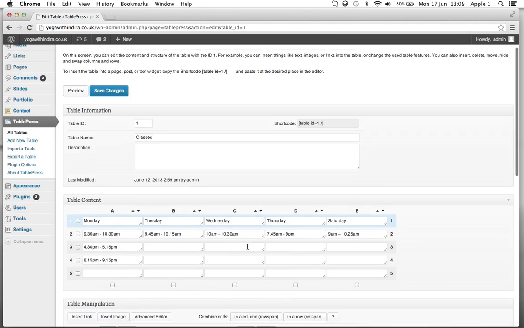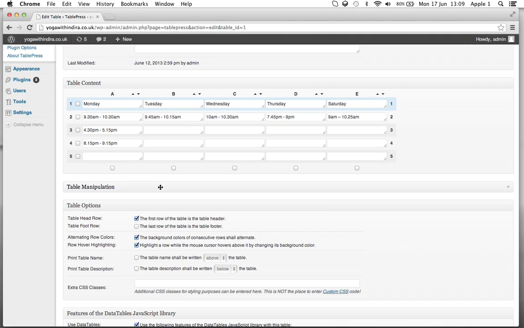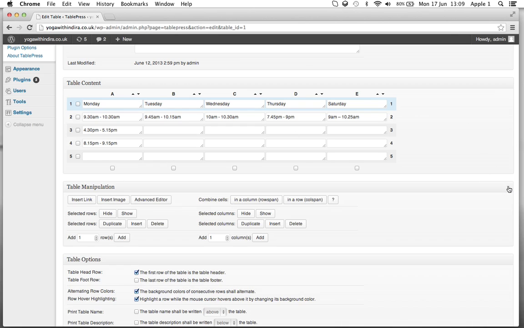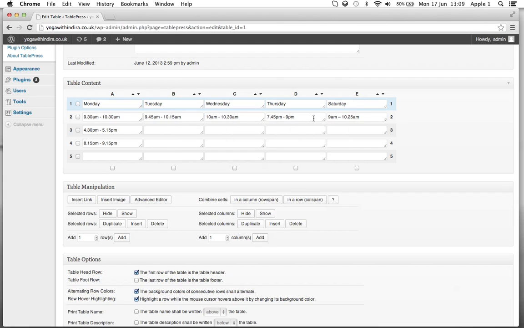Now to edit it, click Advanced Editor here. Again, this might be minimized, so just click on the title of this bar, or even this down here, and it will maximize. So go to Advanced Editor, then read what it says: please click into the cell that you want to edit using the Advanced Editor. Not sure why it throws up that, but now when you click in here,